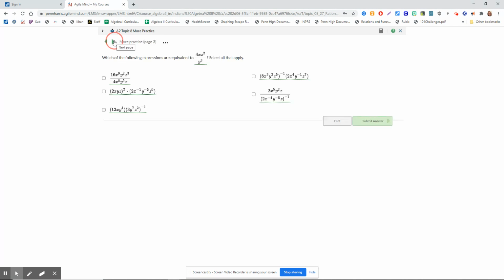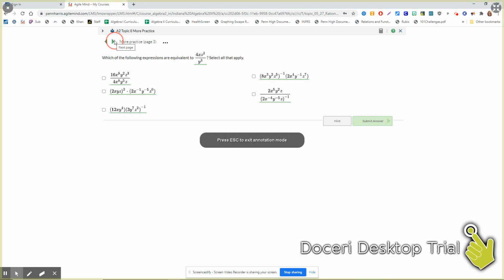Number 2. So on this problem, I check if this is simplified all the way. Guys, what you're going to have to do, there's no easy way around this. You are going to have to simplify each of these expressions. Okay. And when you go through and do that on this problem here,